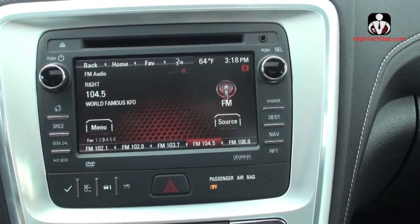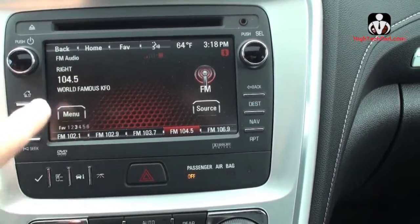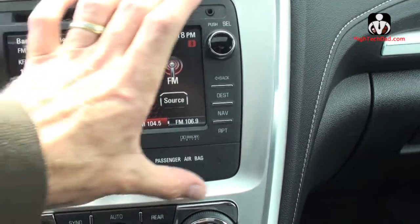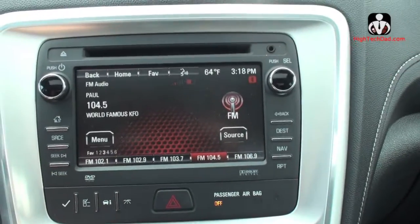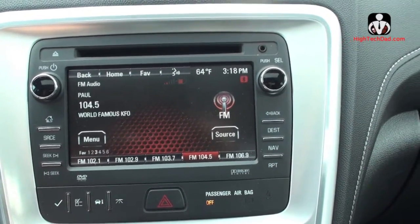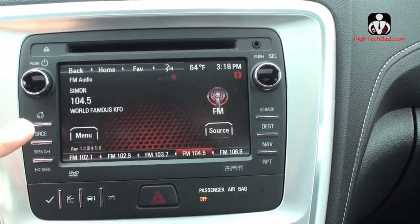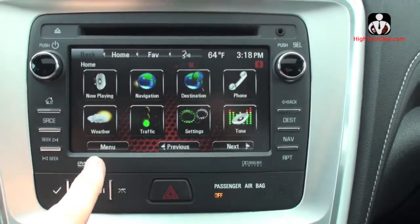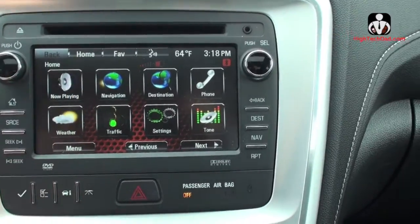So I guess my only complaint is that I wish that the touchscreen was a little bit bigger. It feels a little bit cramped. It seems like there'd be more room here that we could play with, but for the most part, the controls are fairly intuitive. You get used to using the home button. There's a variety of different things that you can do. Navigation, now playing gets you to